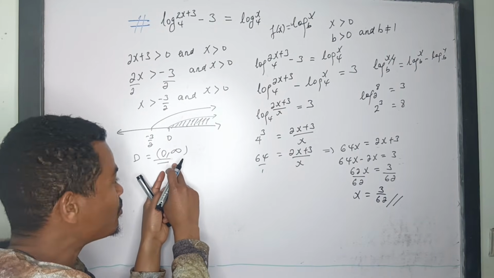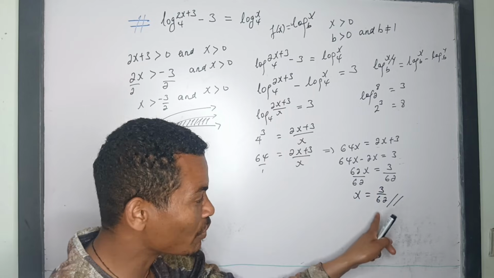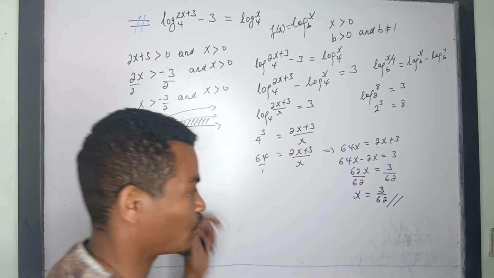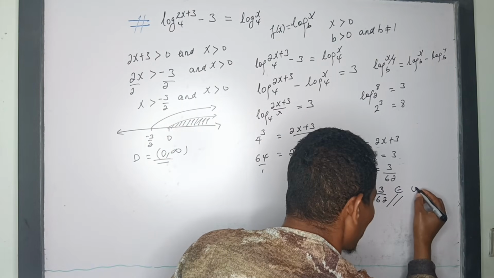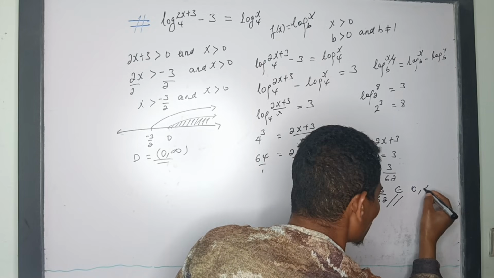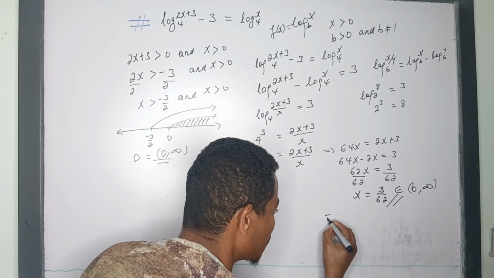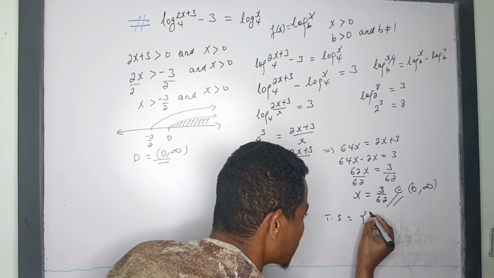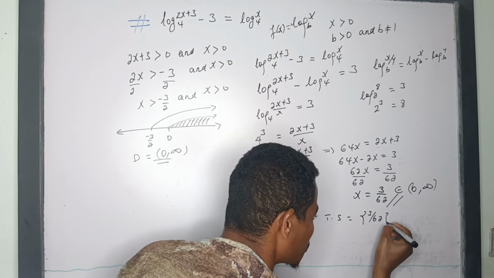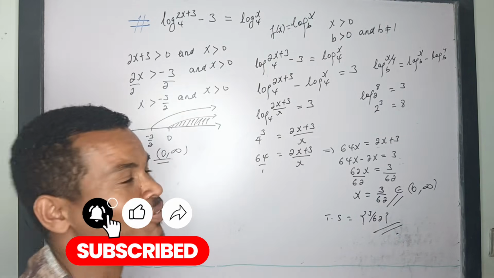again we have to check this number ይሄኛው ቁጥር በዚህኛው ኢንተርቫል መገኘቱና አለመገኘቱ ቼክ እናደርጋለን and 3 over 62 is greater than 0 which is an element of this interval okay 0 to positive infinity. ሶ ሶሉሽኑ ምንድነው የሚሆነው ማለት ነው? the true solution is that is 3/62 ይሆናል ማለት ነው።